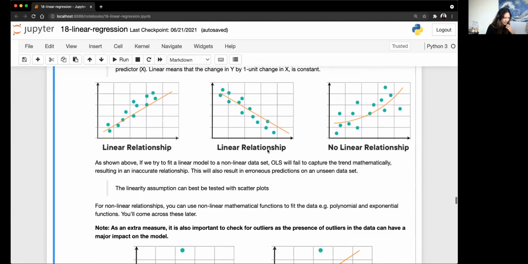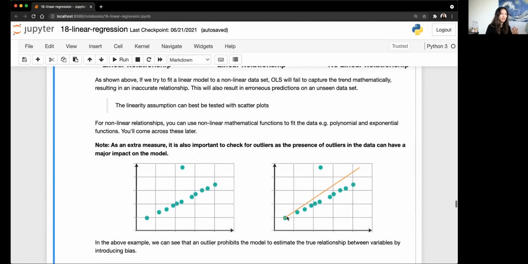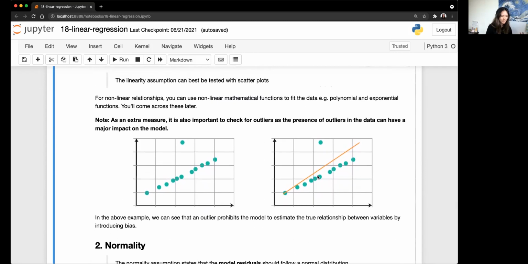At this stage, you can also check for outliers. So here you can see that there is a fairly straight line and you have one single outlier on the top. And that's something that you can also see from the same scatter plot. Outliers will definitely affect your model. In this case, you can see whereas this orange line should have been straight through all of these points down here, this one outlier managed to pull it a little bit upwards. And so this did end up biasing the model. I will say that